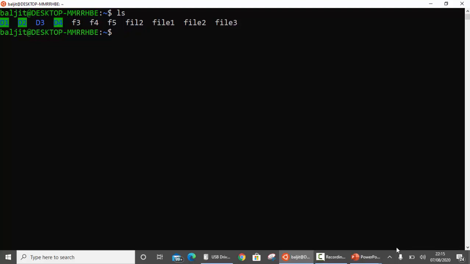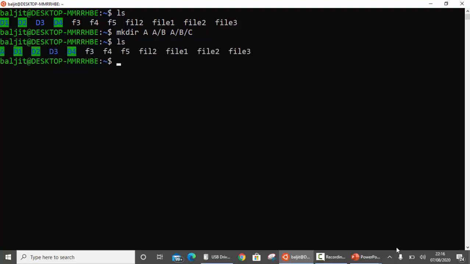One method is that you can write mkdir, then a, a/b, a/b/c, which means that we are going to create directory A, then within A it will be B, then within B it will be C. You can see with ls, there is the directory A in the first entry. Then if I do ls a, there I have B. If I look within B, there is C.